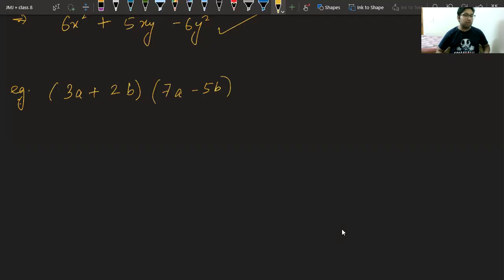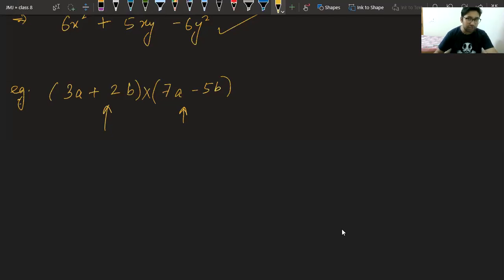Try to answer, everyone, because if you answer, you are using your complete focus on this class. If you're not answering, you will lose the focus. Sir, it's addition. No, in between it is plus and minus, but totally these two are binomials getting multiplied. This is a multiplication of binomials. This is a binomial, this is a binomial, we are multiplying them.